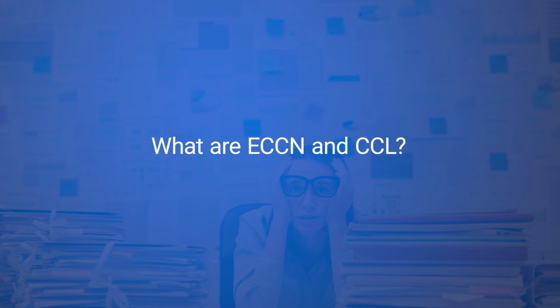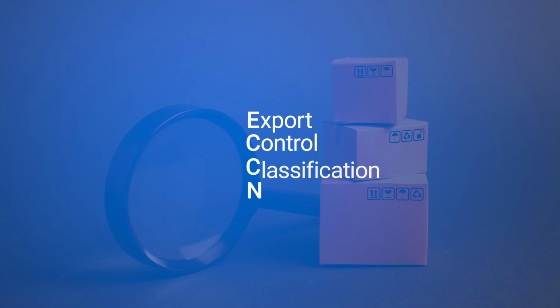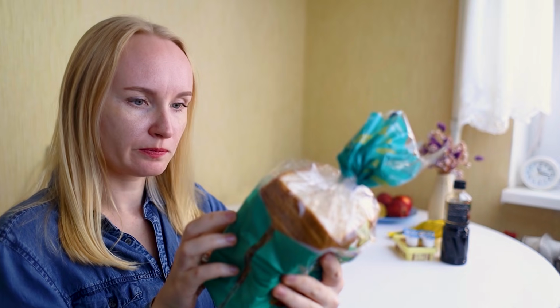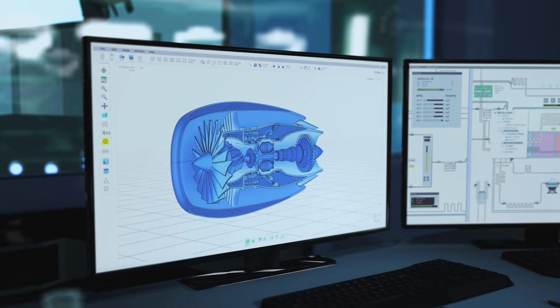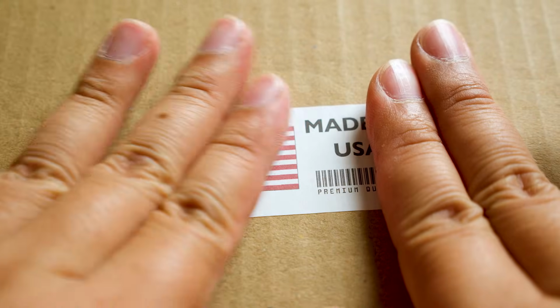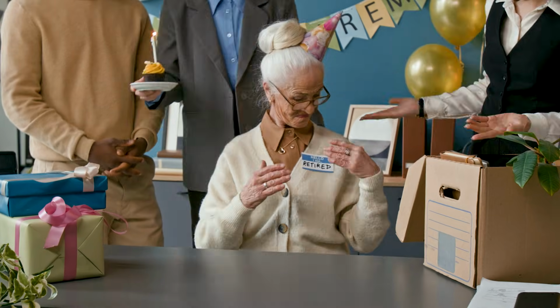What exactly are ECCN and CCL? ECCN stands for Export Control Classification Number. Basically, it's the dual-use number of a US product. The CCL is the Commerce Control List, and as such, it serves as the US dual-use list. This is where you will find the descriptions for American dual-use goods. Every single product that has technical features which are described under an ECCN then becomes a US dual-use item as a result. This item will then also carry this ECCN as its classification.